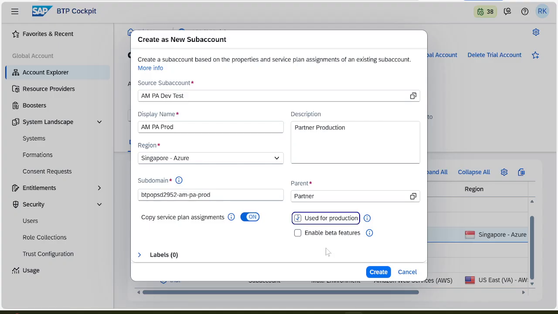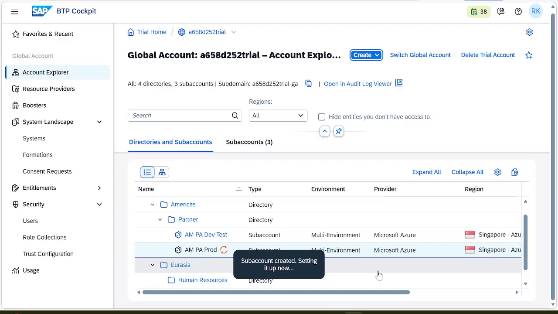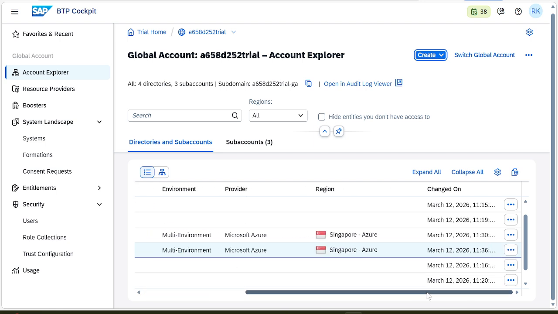So the second question is now going to be completed. Click on create. So this is getting created. Two sub accounts we have created under the partner directory. It is in progress. Yeah, now it is created.